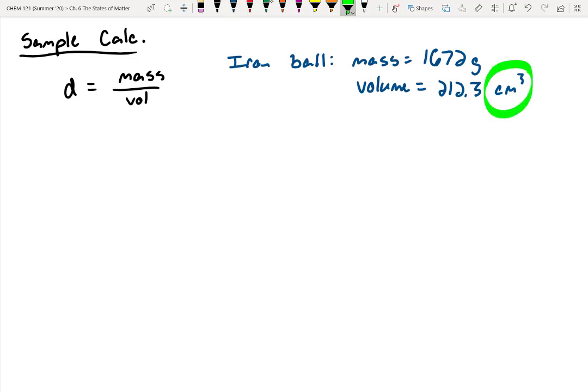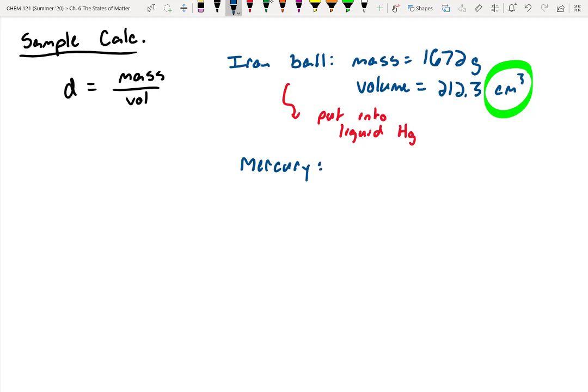You normally see centimeters cubed for solids and milliliters for liquids, but they're the exact same value, and we can flip-flop them if we want. All right, so this iron ball is going to be put into mercury. And mercury is liquid, and its elemental symbol is Hg. And if we think about mercury,